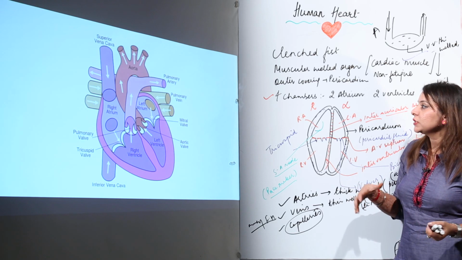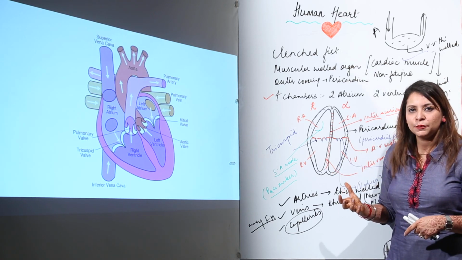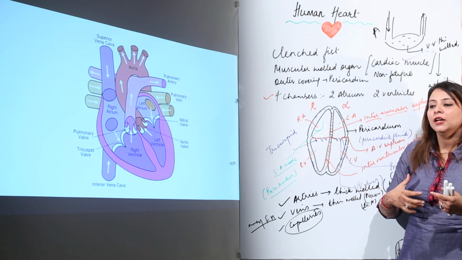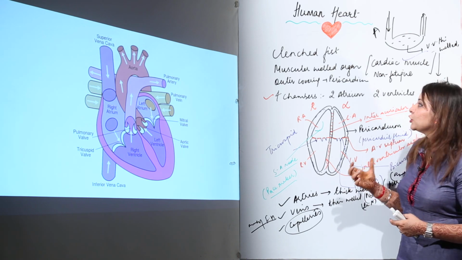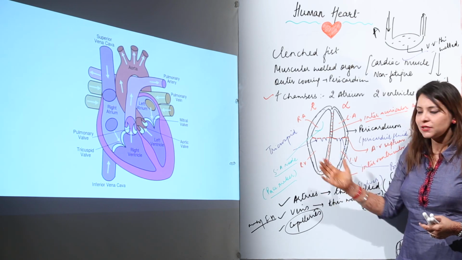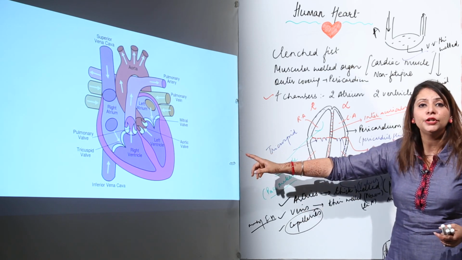So now we are going to start with the working of the heart. We will do that with a flow chart, because once you do it with a flow chart, you will have a quite strong grip on it. So this is the structure. Just try to remember the structure and try to draw the figure, because this is the figure you need to draw on paper.